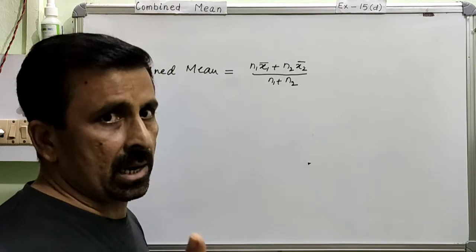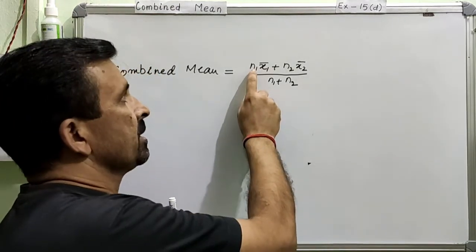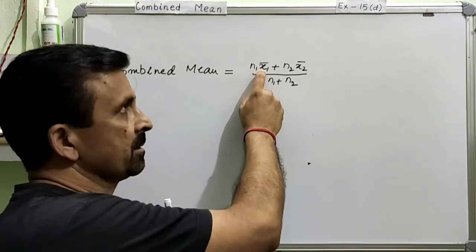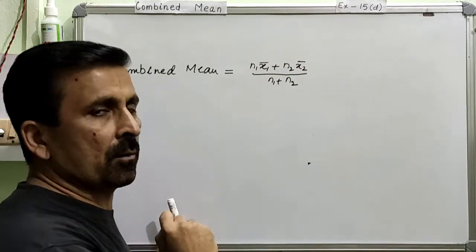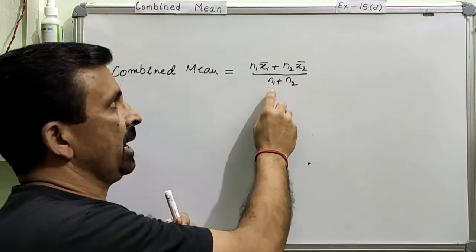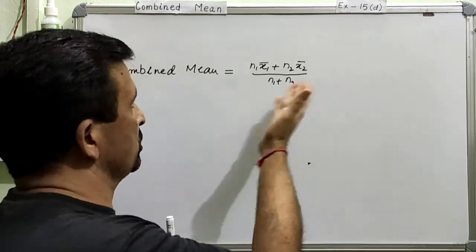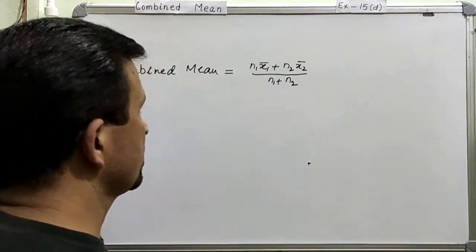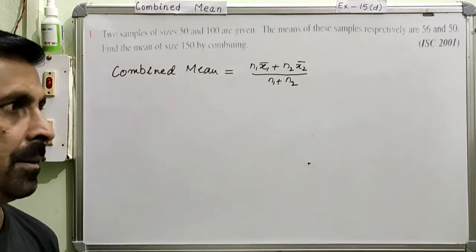Now the example that I gave you, we will connect this formula with the example, right? This is the number of boys and this is the mean marks of the boys. Clear? This is the number of girls and this is the mean marks of the girls, right? And then the sum total of all the students of that class. So using this formula we can find out the combined mean. Is this very clear?